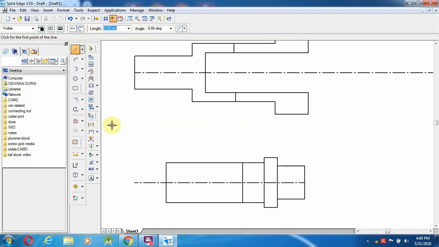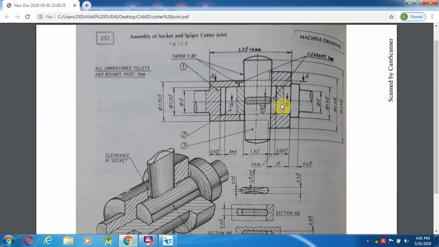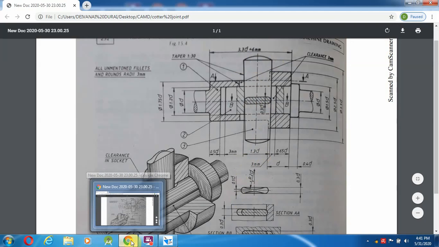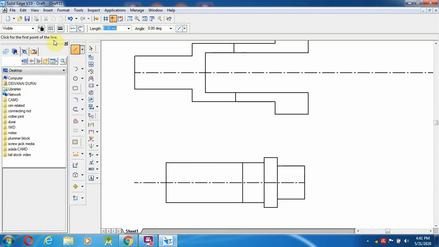Okay, after stopping this I am going to save. Keep on saving your files. Almost here we have completed everything. Then comes to here, those lengths we have completed. So this is okay. Once you have completed this, we are trying to draw the quarter joint. In the top they will be giving 1.3d. So 1.3d, so we are going to start with the 26 mm length. Select a line of 26 mm length.